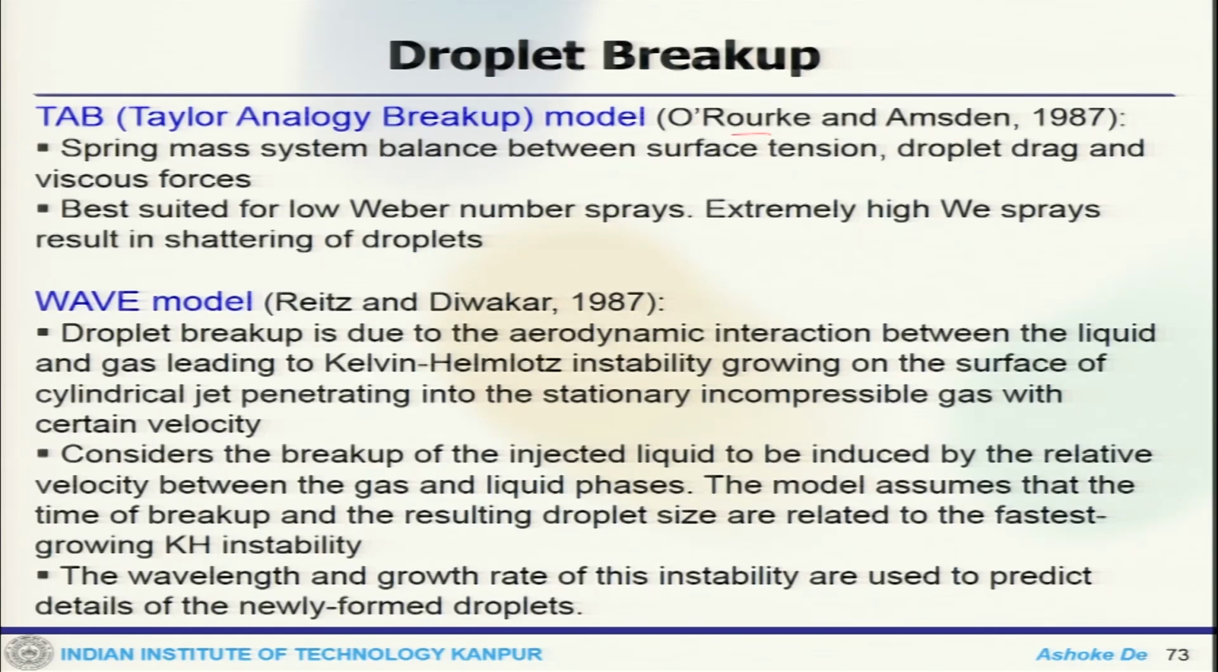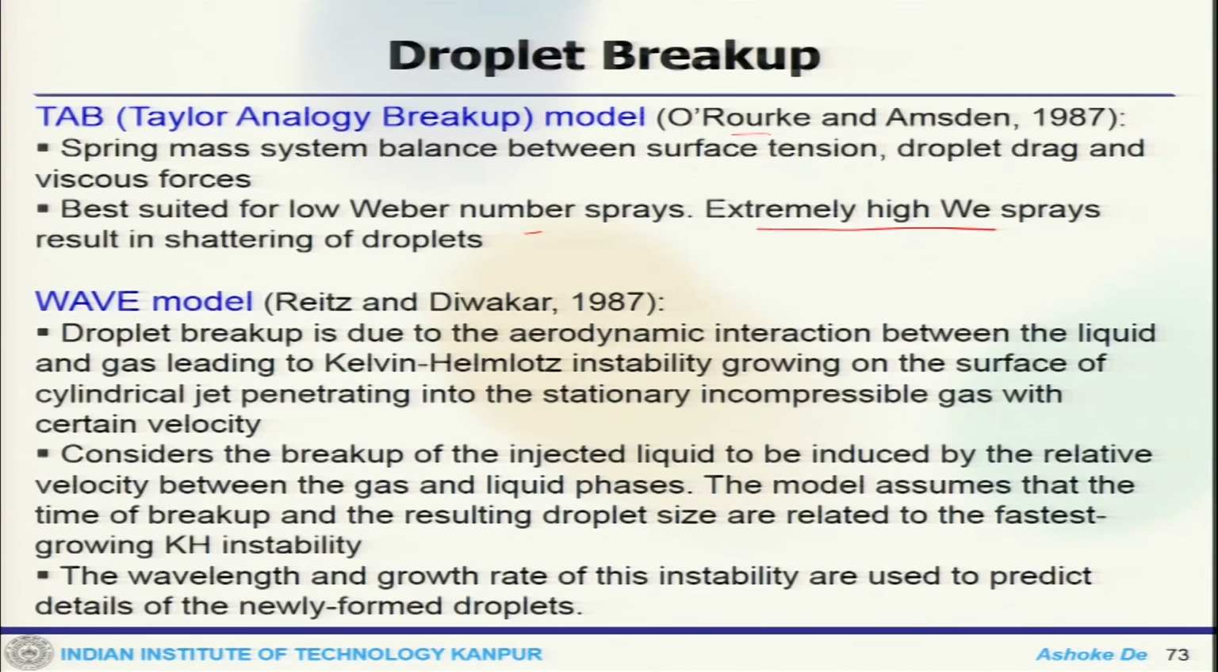This is a spring-mass system balancing surface tension, droplet drag and the viscous forces. So it is best suited for the low Weber number space. Extremely high Weber number space results in scattering of droplets. Now the wave model: here the droplet breakup is due to aerodynamic interaction between the liquid and the gas, leading to Kelvin-Helmholtz instability growing on the surface of the cylindrical jet. Here it considers the breakup of the injected liquid to be induced by the relative velocity between the gas and the liquid phases, and the model assumes that the time of breakup and the resulting droplet size are related to the